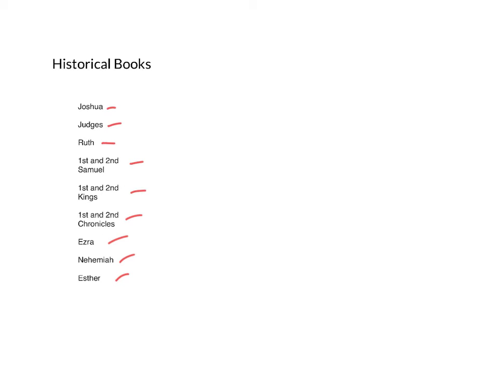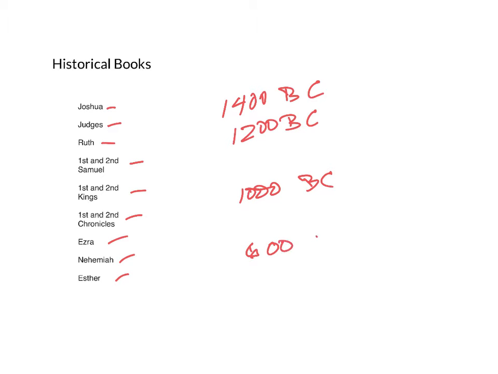So this is the history pretty much from the death of Moses on into the period of the Babylonian captivity of Israel, which was around the 6th, 5th centuries BC. So this covers a period of time roughly around 1400 or so BC, maybe 1200 BC, we're not exactly sure, through the monarchy, the time of David, which is about 1000 BC, up to the Babylonian captivity around 600 BC, on into the time of the Persian captivity following that.